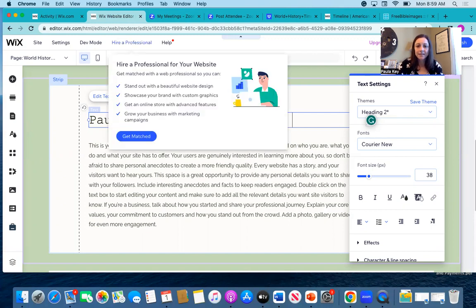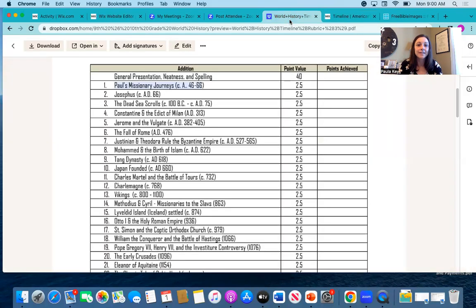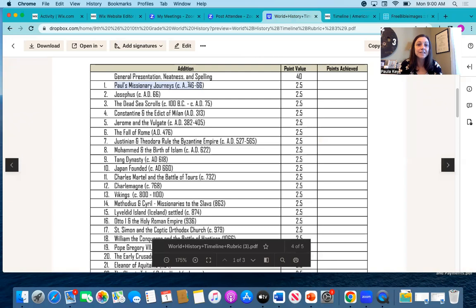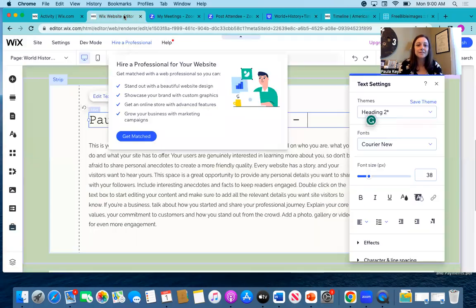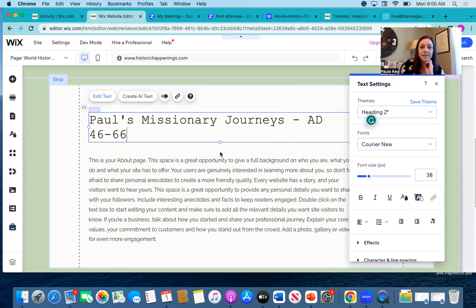Okay. And I'm going to put the date up here, which should say AD, sorry for the typo, AD 46 through 66. So 46 through 66. And that's roughly, and you could say circa, since we're not 100% sure,